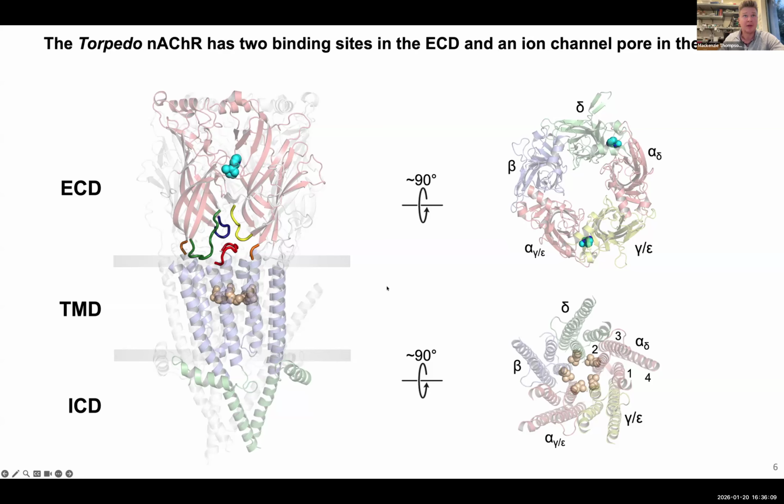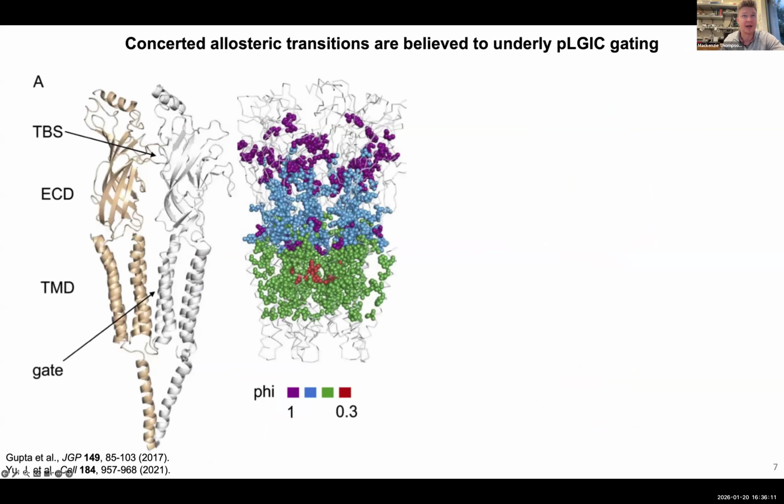The consensus in the field for several decades has been that nicotinic receptor opening occurs via some sort of concerted allosteric mechanism, due to its roots in the MWC model of allostery. To illustrate that, I've shown some of the work done by Tony Auerbach at the University at Buffalo, where they